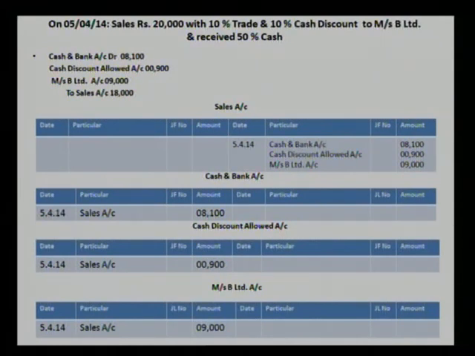But finally, we have to credit all 3 transactions at the sales account. So it is mentioned at account number 1, sales account. At the credit side, we have to mention the date, we have to mention all the 3 names of the counter accounts as well as their respective amounts.